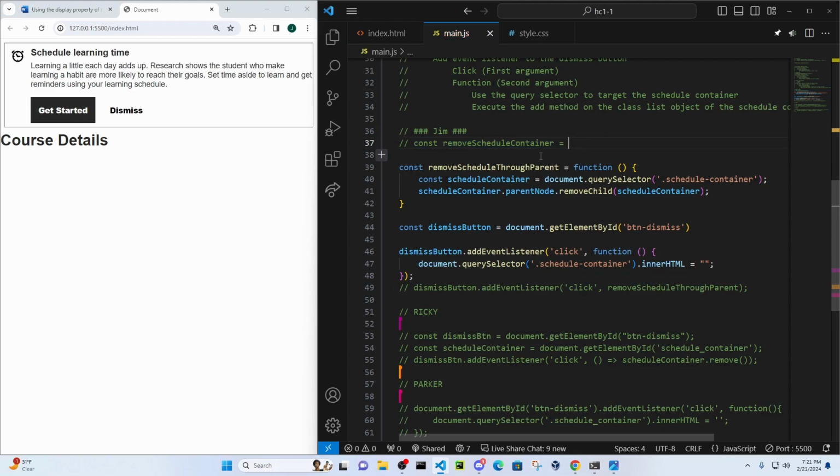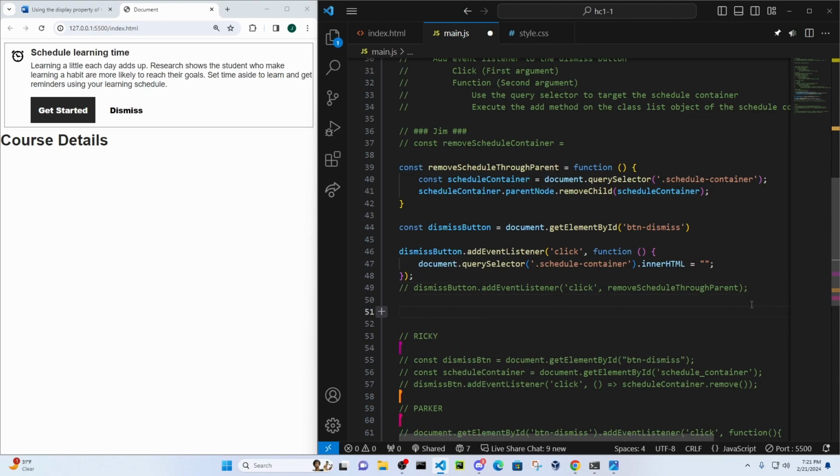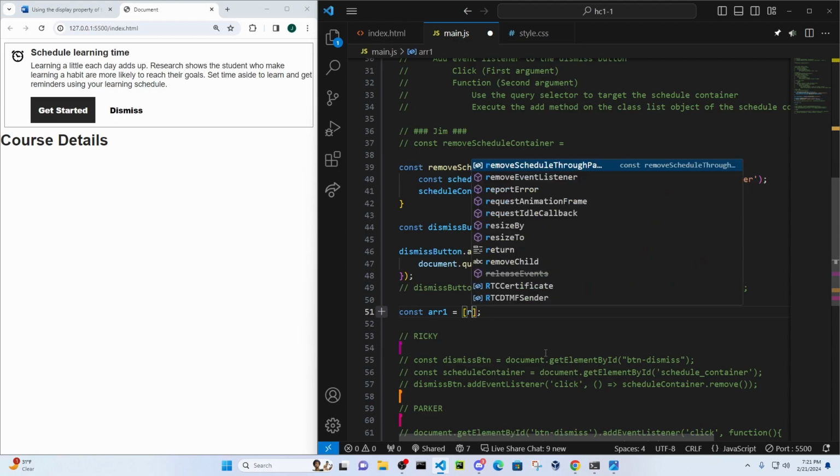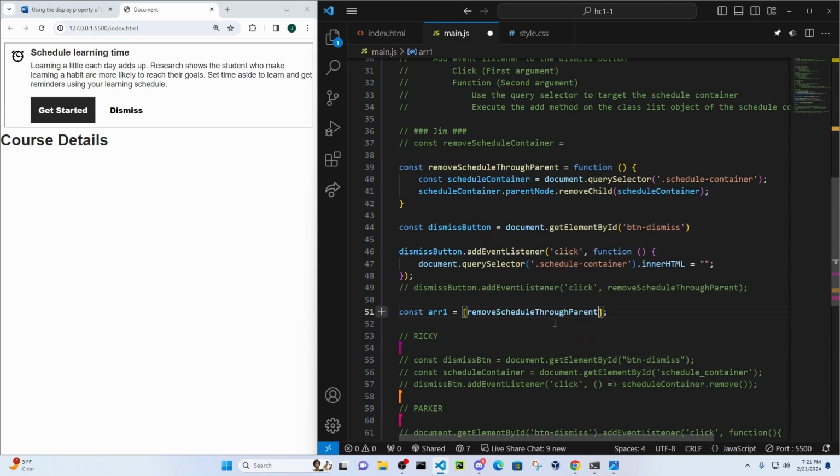I did want to do something after I showed everybody too, though. That's why I set it up like that, because I have dismiss button add event listener, and then I have this other dismiss button add event listener. And there's something cool you could do if you create an array, so like array one, and inside the array I pass these methods, so if I passed that one, and then I passed this one,